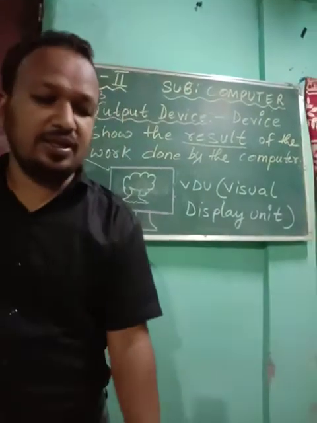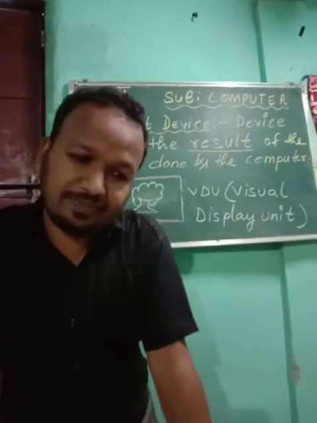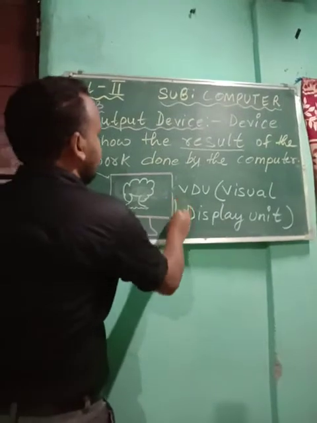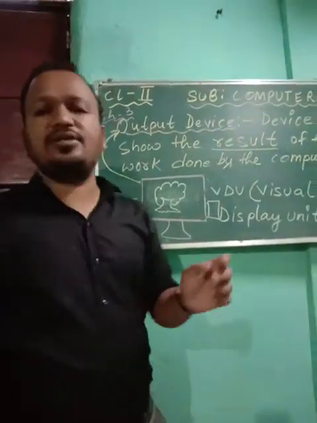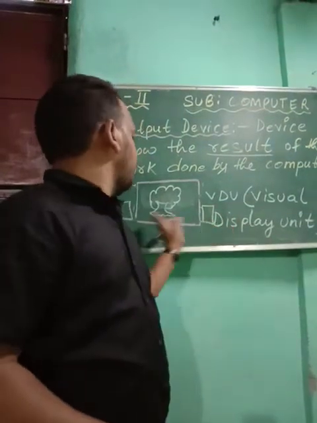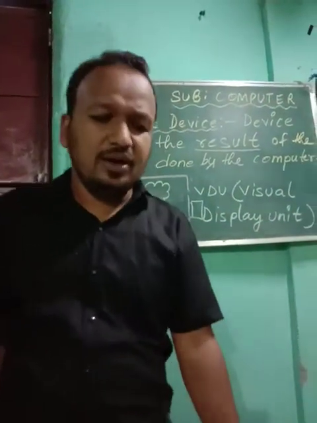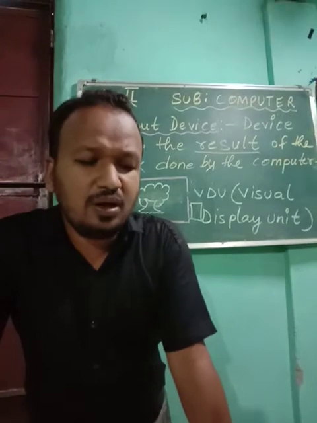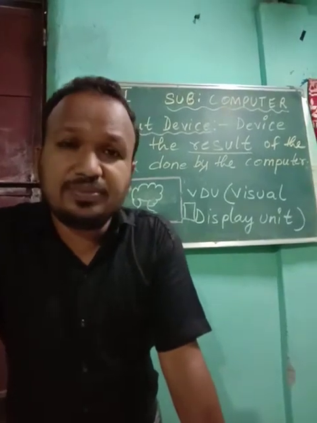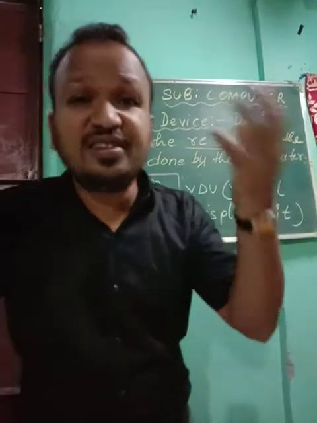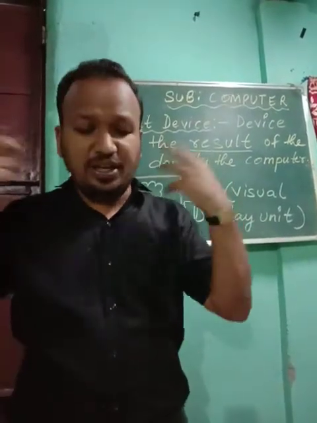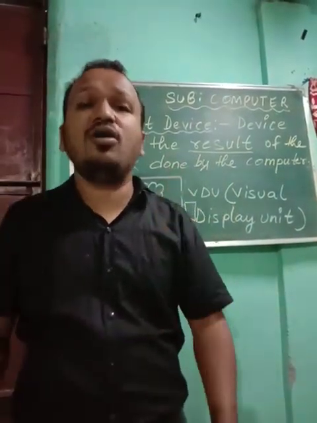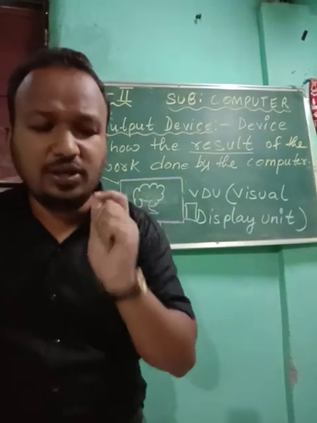Now children, we are going to talk about the speaker. You know, the speaker is there beside the computer screen. You might have seen two speakers. What does the speaker do? With the help of a speaker, you can hear the music, you can hear the sound. When you play music, you can hear it. So that is also an example of an output device.